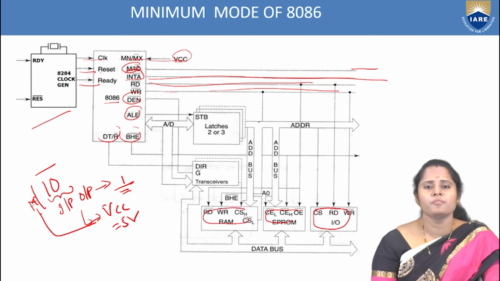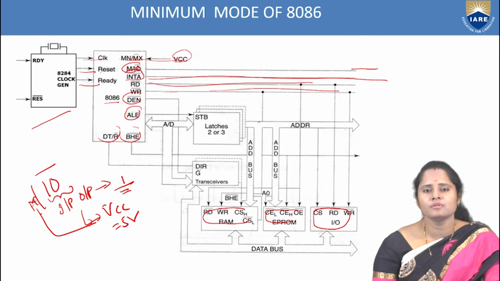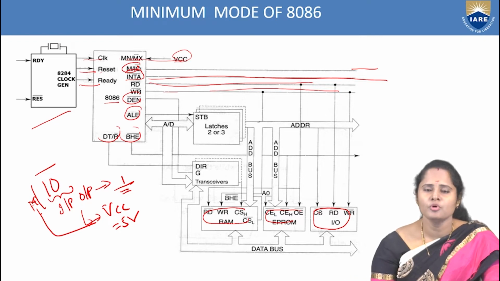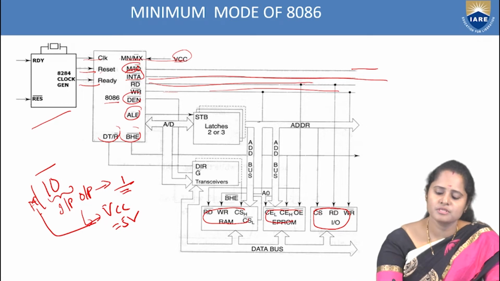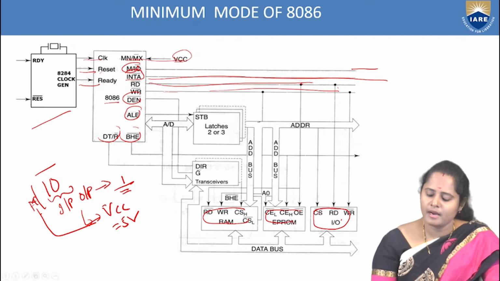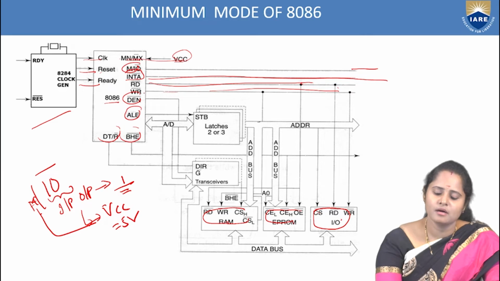As we know, every processor will have a RAM as well as a ROM. So data will be present in that. If I need to get the data, I need to read the data. After processing that, I need to write the data into that memory location, either it may be a RAM or ROM. So read and write signals are always connected to the memory devices and the IO devices where I need to send the data and receive the data after processing in the microprocessor. So you see, the read pin and write pin are connected to both RAM and EEPROM as well as the IO device. And next, the data enable, address latch enable, and bus high enable are taken out,